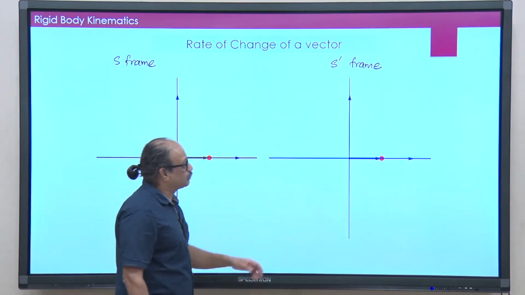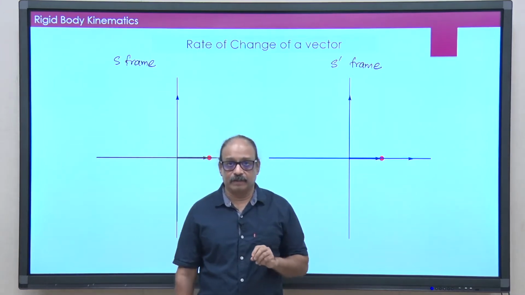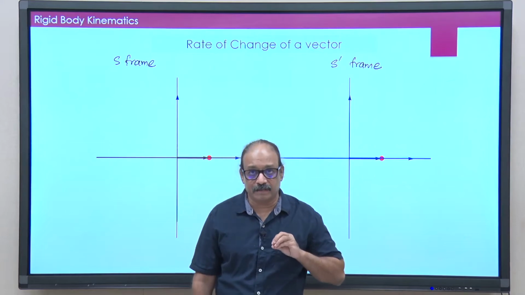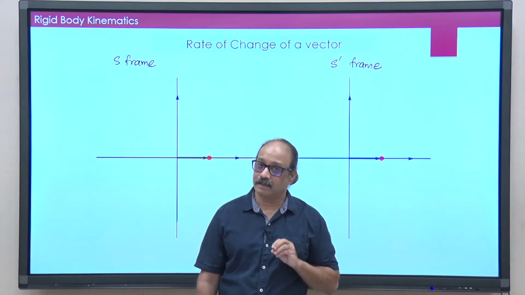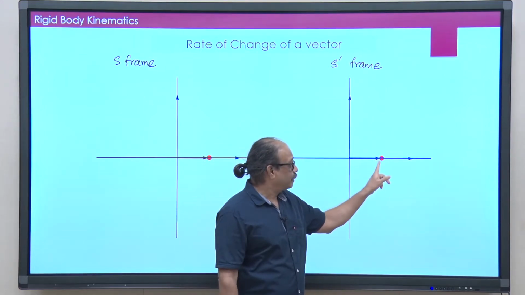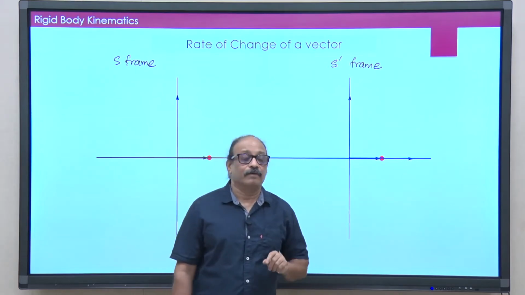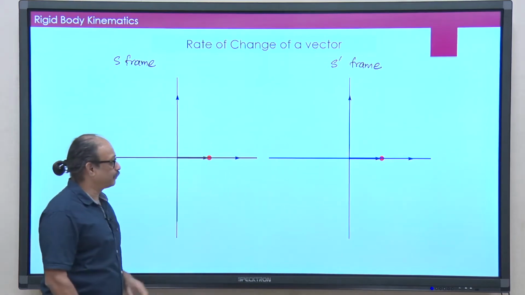In this case S prime will see S's coordinate axis turning in the clockwise direction. And if this particle in the S prime frame is simply moving along the x prime axis, that is what is happening. How is the trajectory seen by both is the question. So, this particle of course will just be moving along the x prime axis. What would be its motion in this frame?